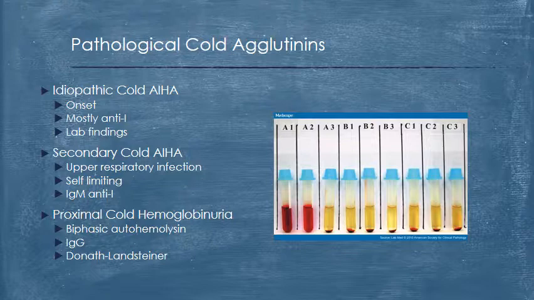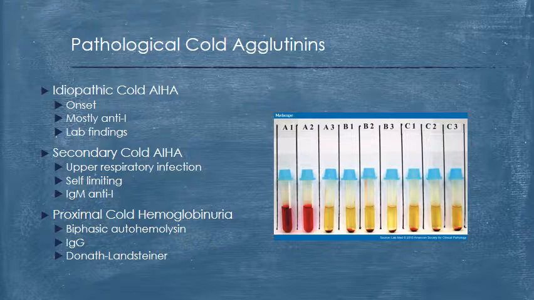So the red cells pass through the capillaries in those extremities where it's colder, and the agglutination can occur in those areas. Okay, it is possible to experience hemoglobinuria if complement gets fixed when it moves towards the warmer parts of the body. So that is a possibility, and we know that that's something that occurs with proximal cold hemoglobinuria,